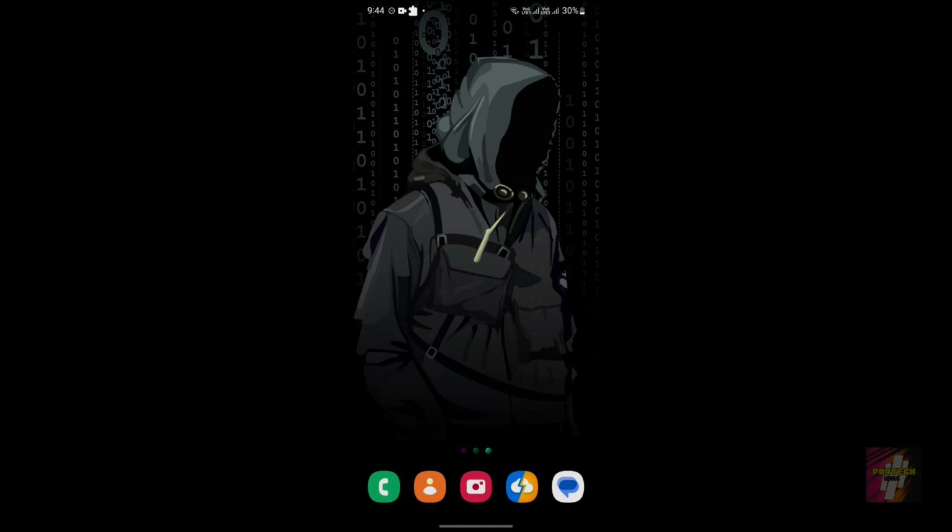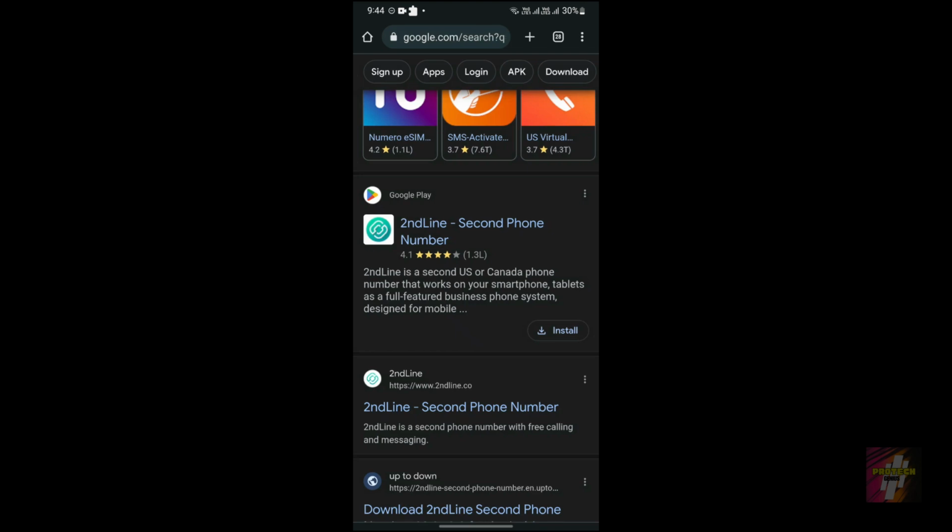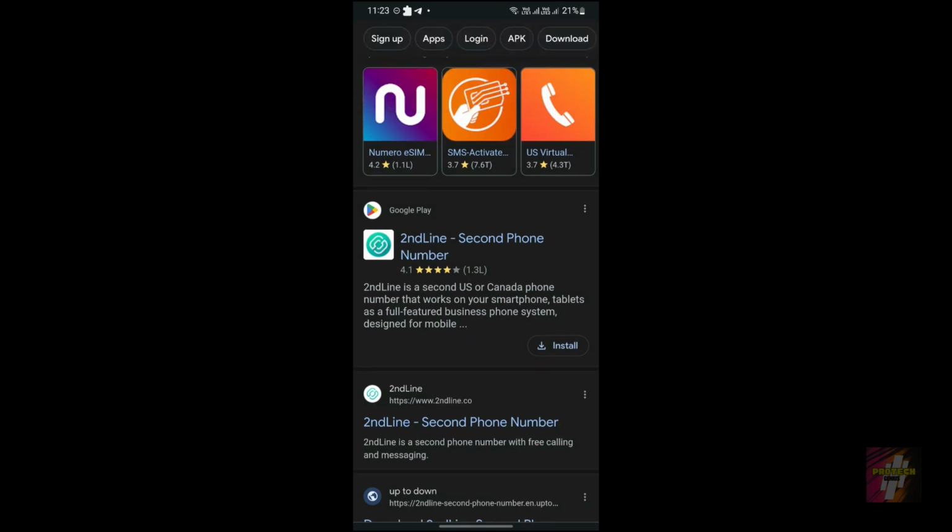So if you want to install this app, you may install a VPN. A VPN is something which will change your location temporarily, until you have the VPN on. Not all VPNs may work, but there are a few VPNs which work. The reason only a few VPNs work is that a lot of VPNs are identified as VPNs by the companies, and a lot of them have been marked as spam.